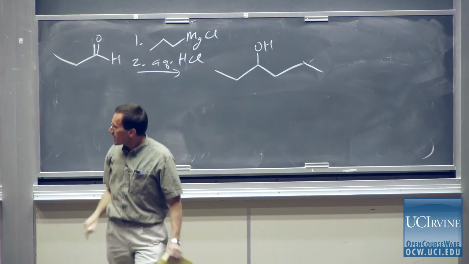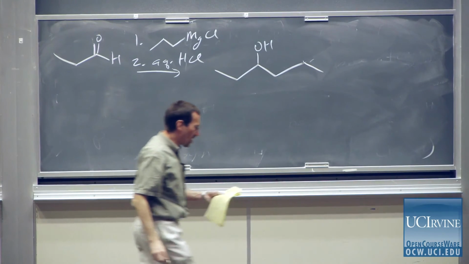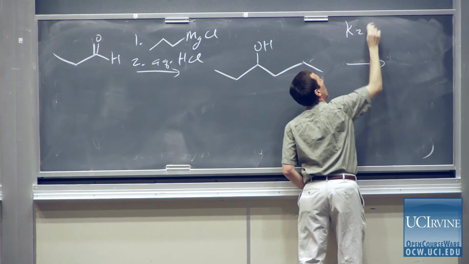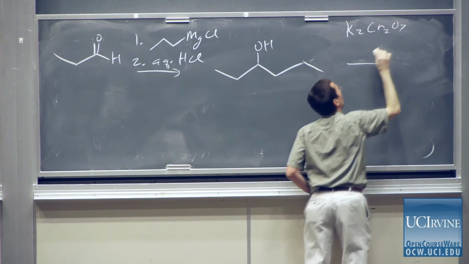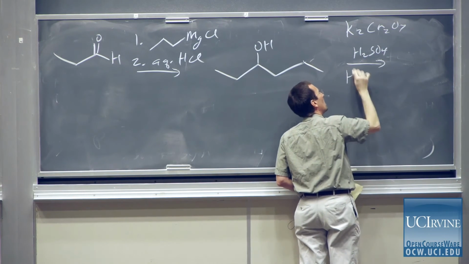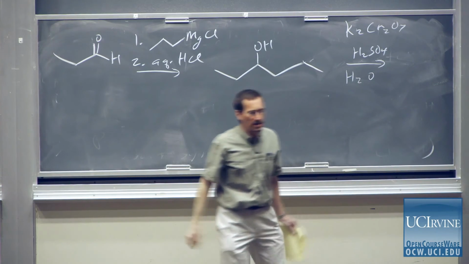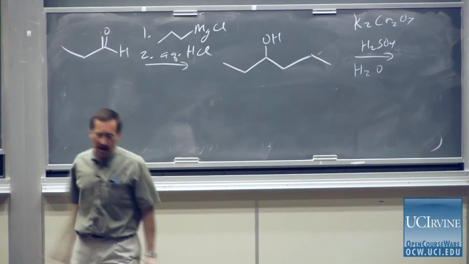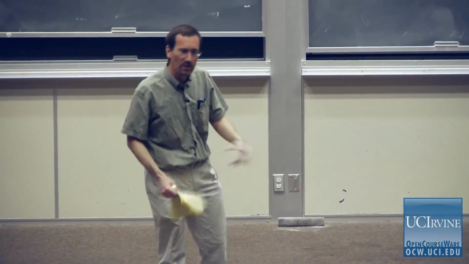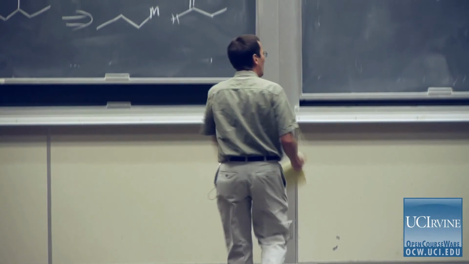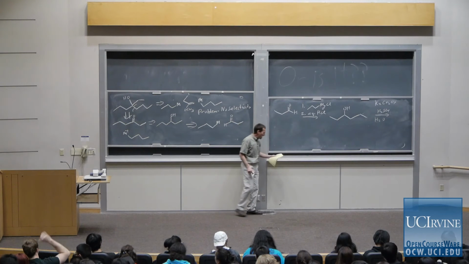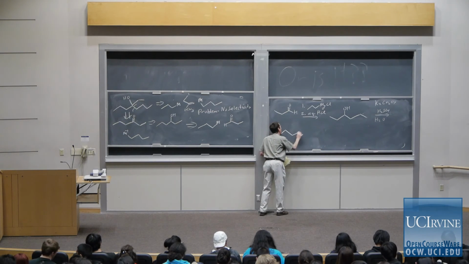I now am ready to oxidize my 3-hexanol. You learned lots of reactions last quarter for oxidation. They taught you potassium dichromate in sulfuric acid and water, sometimes called Jones reagent. There are many reagents based on chromium-6, sodium dichromate, chromium trioxide. There are lots of safer alternatives, including alternatives based on bleach. But we're going to use reactions that you know, so we're going to use potassium dichromate. Then, at that point, we have our